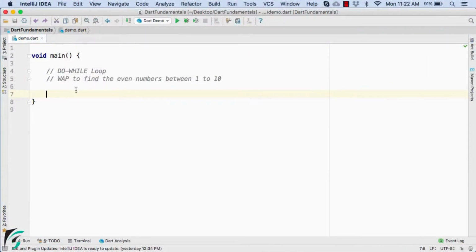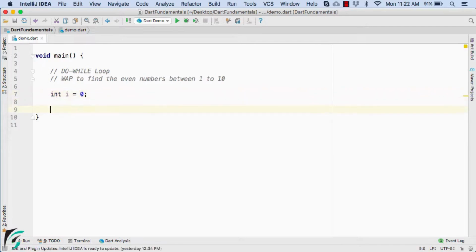Now the syntax to define the do while loop is very simple. First you have to declare your counter variable such as int i = 0 and then use the syntax of do followed by curly brackets open and close, and within this let us write our code, such as print the value of i and then increment the counter variable i by 1 by using the unary operator i++. And now the question arises, where should we write our condition?